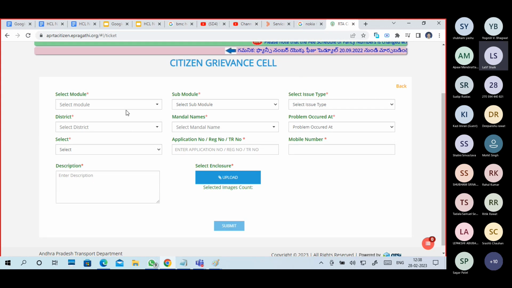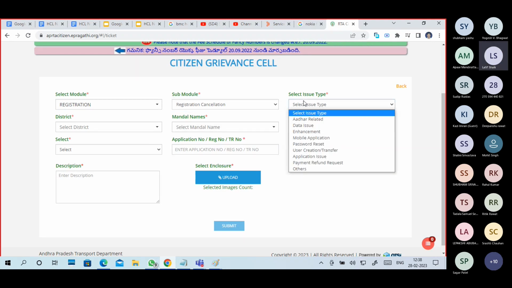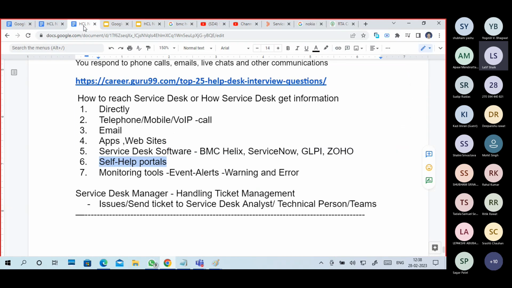I got an issue, and I have to tell what kind of issue it is. Give the information and submit. The service desk people will get that information, and they will try to resolve the issue, or maybe they will try to contact you.